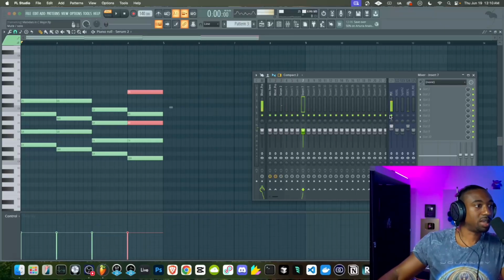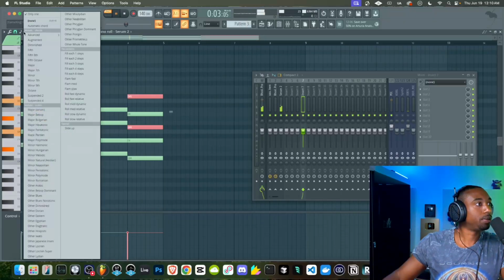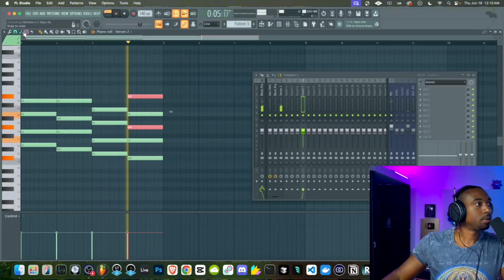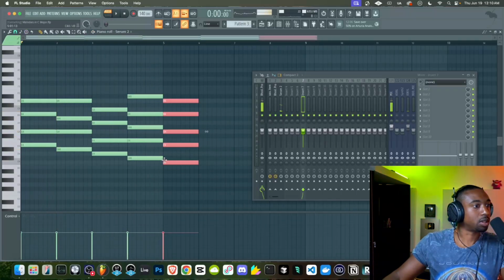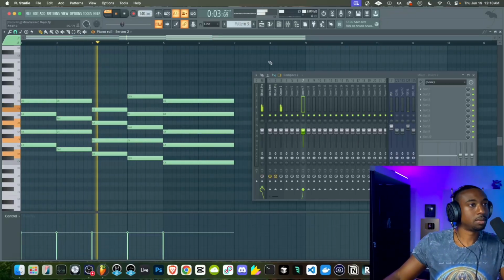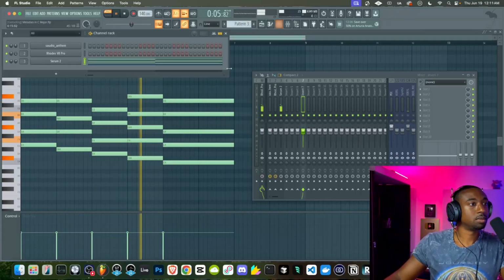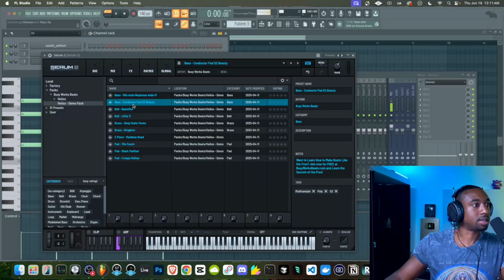So we're basically falling back down to the tonic chromatically. So we're going out of key, but we're in key. And then we're going to land at C. And then we're going to swap the sound. All right, now let's swap the sound out because that sound wasn't built for that.